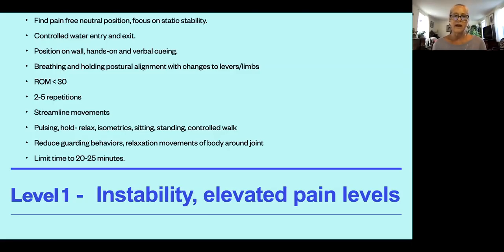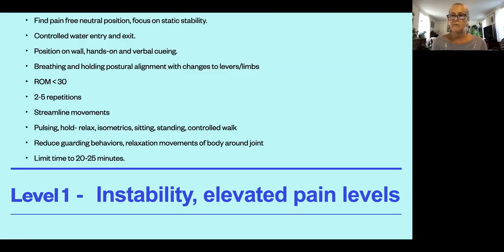And we use hold and relax at the beginning to help with reducing spasms and relaxation. Hold, relax, hold, relax. Movements are sitting, standing, walking, and we also do techniques to reduce guarding behaviors,